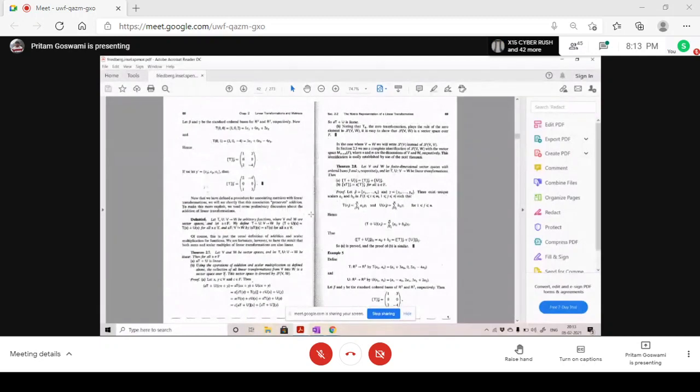Next day I will teach you something called linear transformations. Linear transformations are basically functions from a vector space to a vector space. The speciality of these functions is that if they are one-to-one, they are bijective, so you don't have to prove onto. If they are onto, they are also bijective, so you don't have to prove one-to-one. Another very interesting thing is that these functions are basically matrices. If you give me any linear transformation, it is nothing but a matrix, and if you give me a matrix, it is nothing but a linear transformation. I will teach you this next Friday.